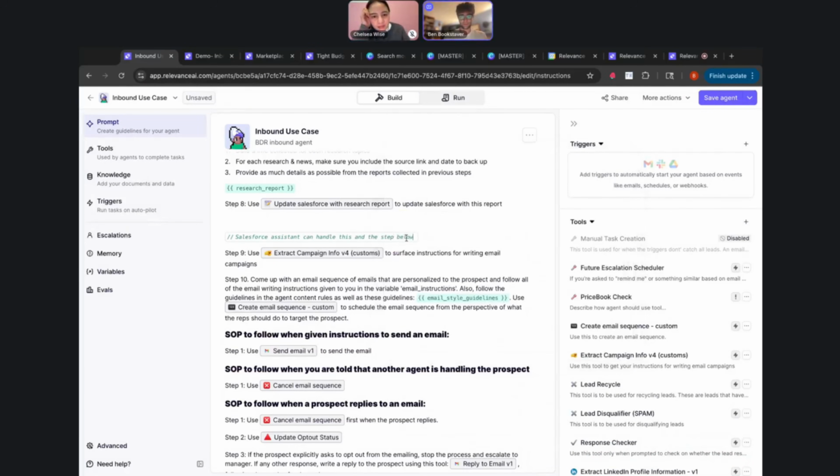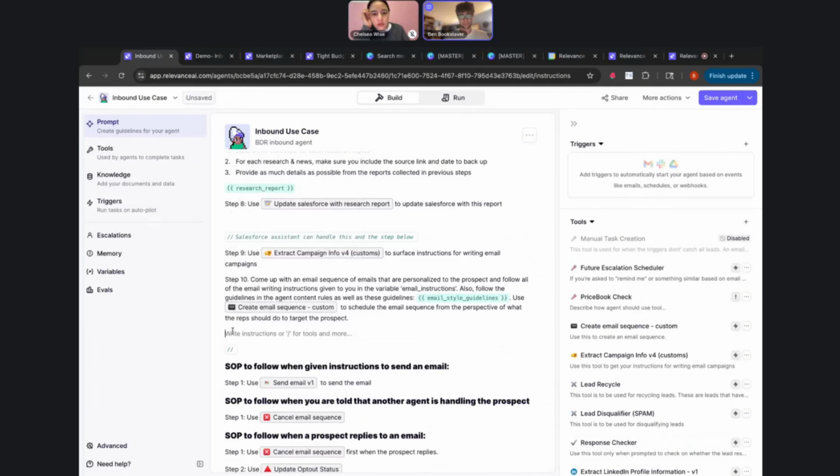Now, here's where it gets really fun. So step 10, right? Come up with an email sequence that is personalized to the prospect and follow all the writing guidelines given to you in the variable email instructions. This is obviously a template here, but creating an email sequence, this is totally cause for another agent too. Because essentially what we can do is imagine we have the following.